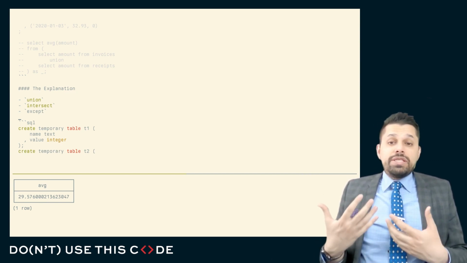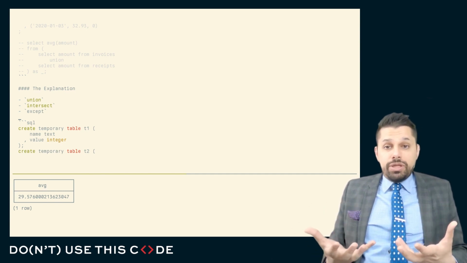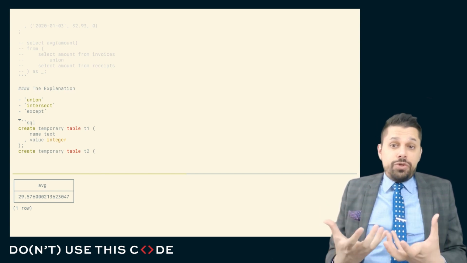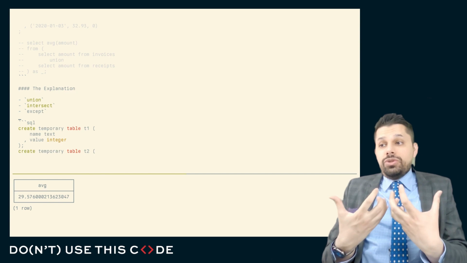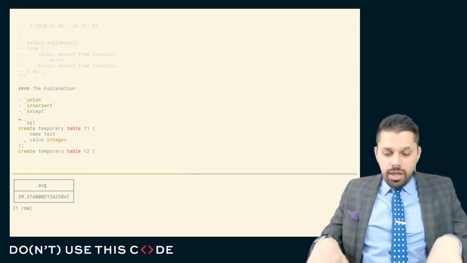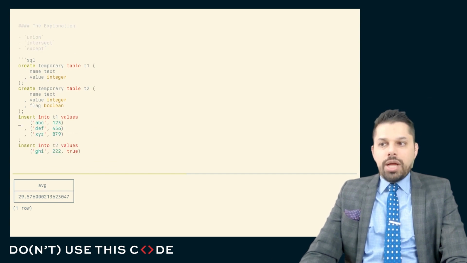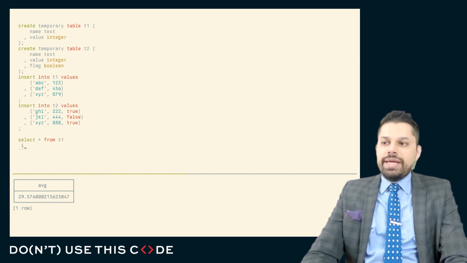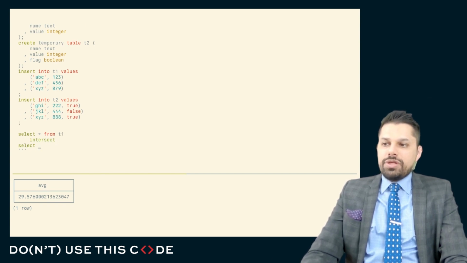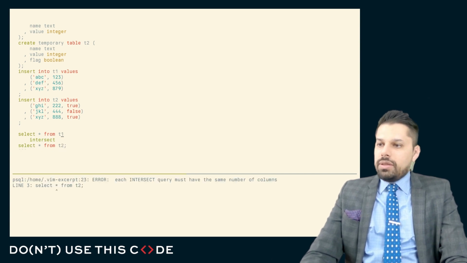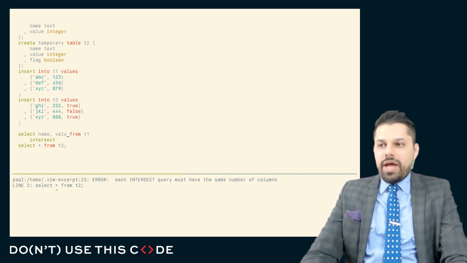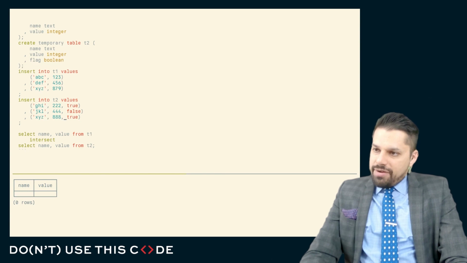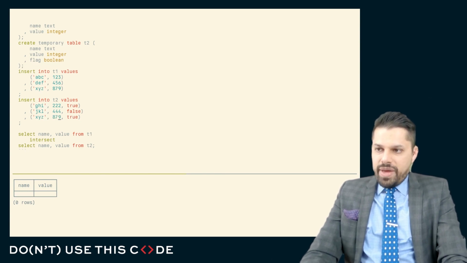By default, union, intersect, and except have a modality where they say, if we're creating a tuple space or a tuple set, it sometimes makes a difference if we're allowing duplicates or not. When you join these two together, intersect them, or do an except, you have to be aware of whether you want to include or exclude duplicates. Because if I select star from T1 and do an intersection with star from T2, and let's select just the common columns, name and value from these two, this will eliminate duplicates. Now, I have to change one of these values to actually make this intersection work,